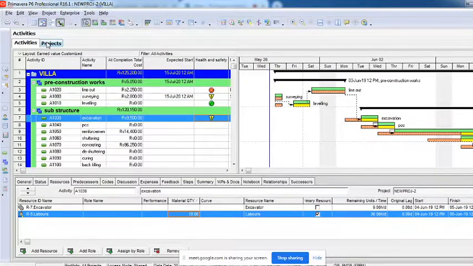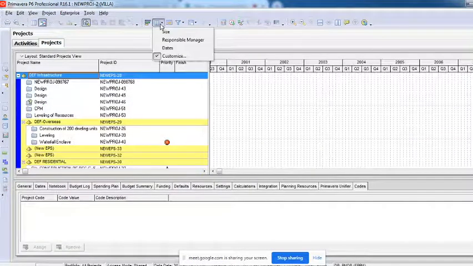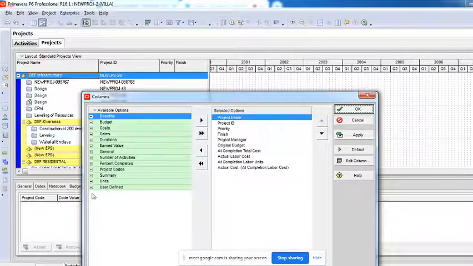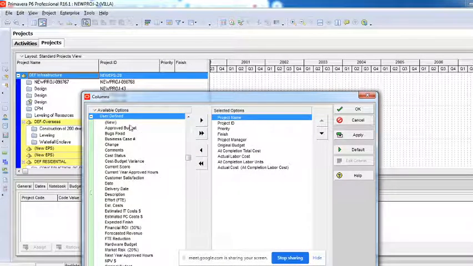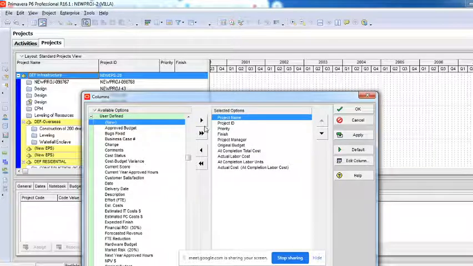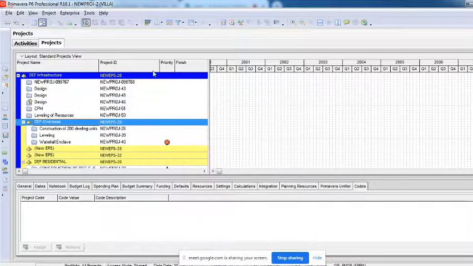Then you go to the project page, go to the columns option, customize, and then go to the user defined field to see that it is there. Bring it and select it to the selected options page and then say OK. The moment you do that, it will appear here. Okay, simple, understood.